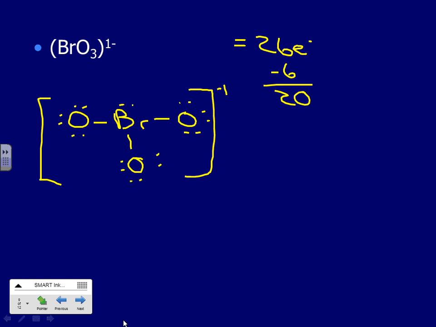Just to put this in perspective, we're teaching you how to draw ions, but if I asked you to draw, what is this? What is BrO3 again? A little bit of a review. What is BrO3 as an ion? What's the name of that thing? Cool? It's a bromate. So if I asked you to draw sodium bromate,